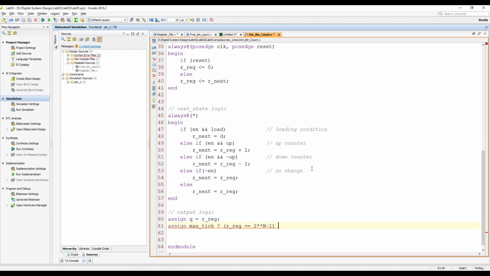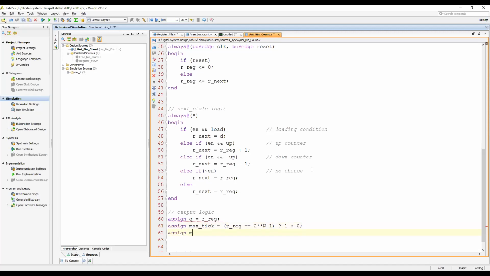If this is the condition, then 1, otherwise 0.